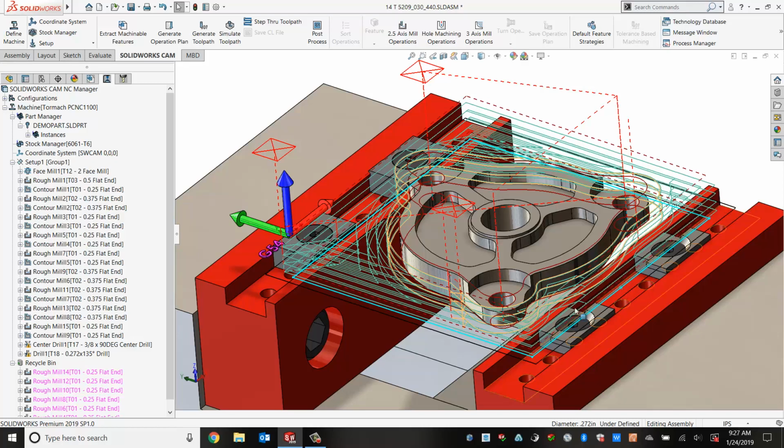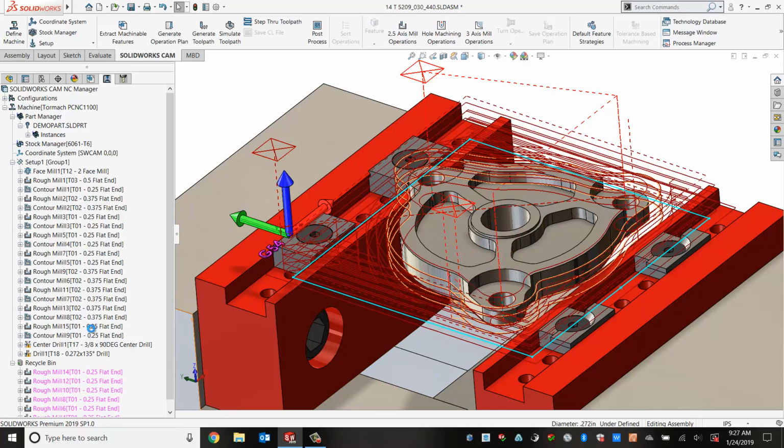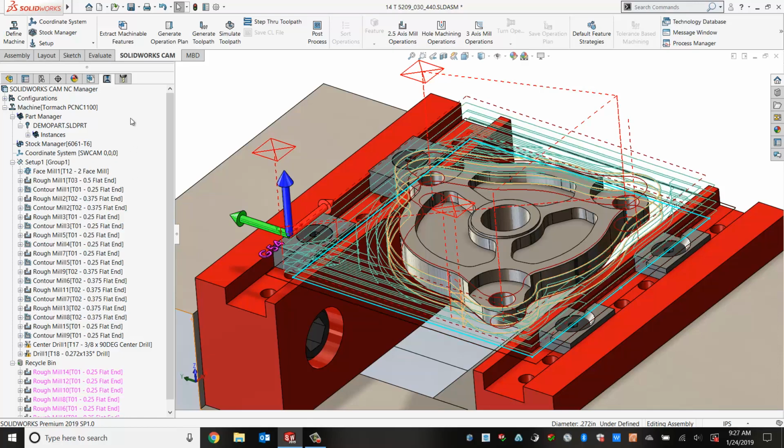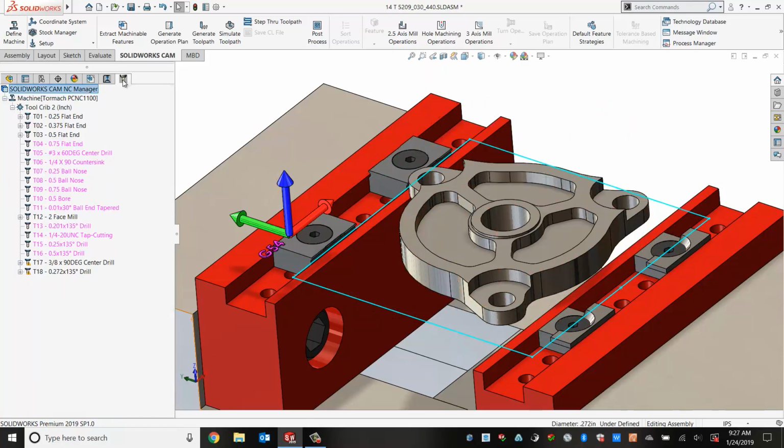So now we can graphically see the toolpaths, and looking at it, there's a lot of extra movements within this part perimeter feature. And if we look closely at it, it's programmed right now only to use a 1/4 inch end mill. In order to change that to something more realistic and a little more efficient, we can either double click on it and open it like we did within the operation manager, or we can simply go to the